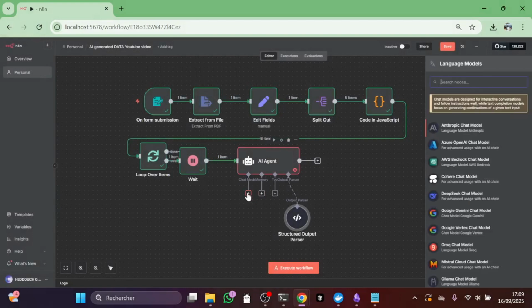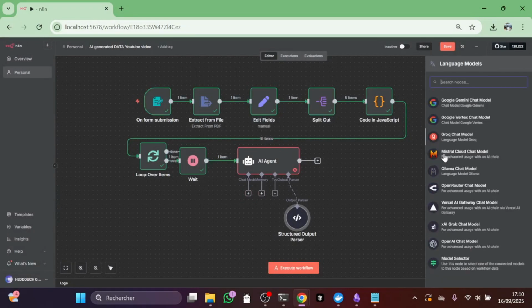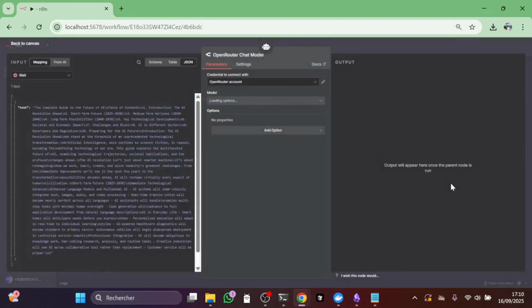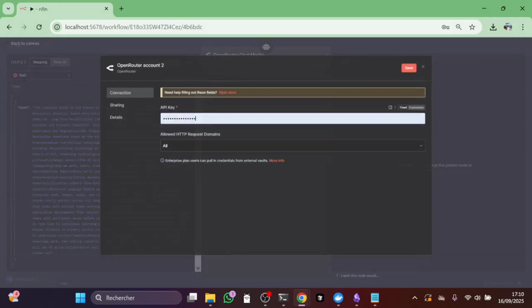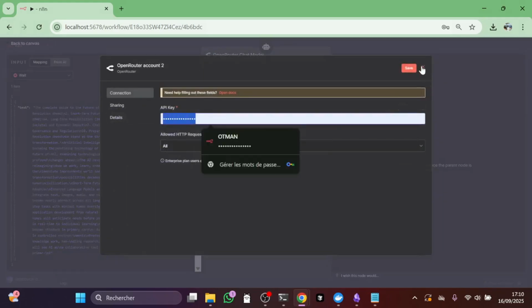And just make sure you check the model. You can choose any model you want. I have tested with many. The best one is DeepSeek. You can choose the OpenRouter chat model, where you can play around with all the models. If you want to get the credentials, create new credentials and paste your API key. If you don't have one,